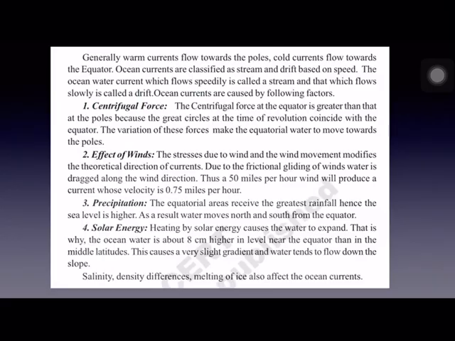And so far, we learnt what ocean currents are, and what the different types of ocean currents are based on temperature and speed. Now let us see what the factors are that cause the ocean currents. There are 4 factors that cause these ocean currents.